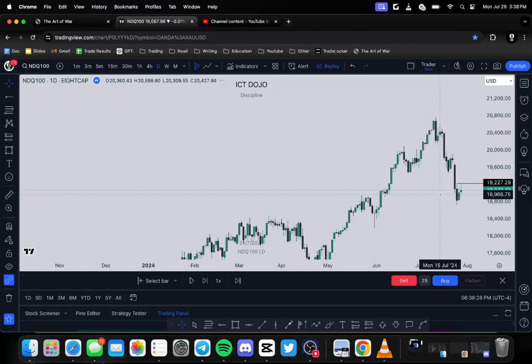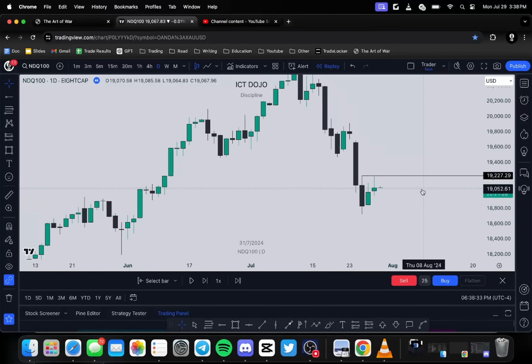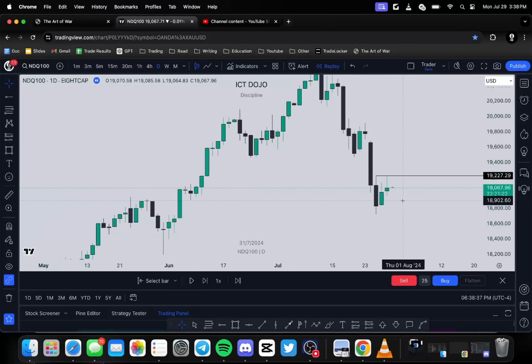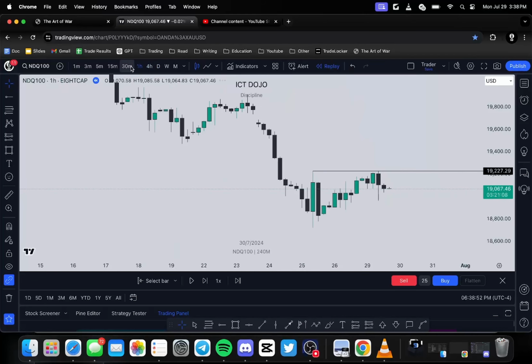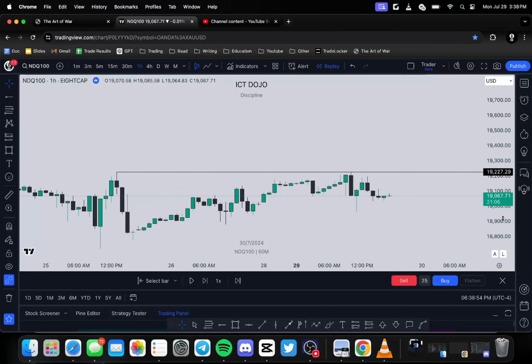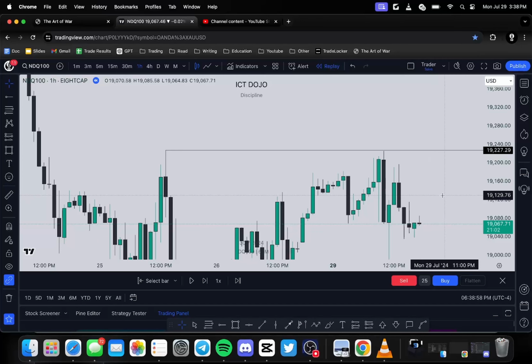What is up with my chart? The daily fair value gap that we have here. And what do we have here? Another daily fair value gap. This is definitely going to run up. Like now that I look at it again, we're definitely going to get some buy side. So we have this daily fair value gap. Price might run down, tap it again. Maybe run into this new week opening gap. And then we're going to run on this buy side. Anyways, what I was drawing my attention to,